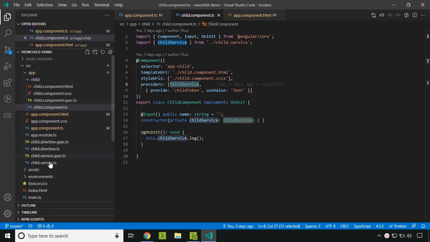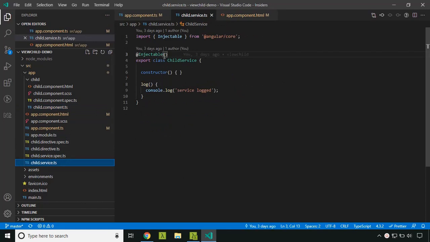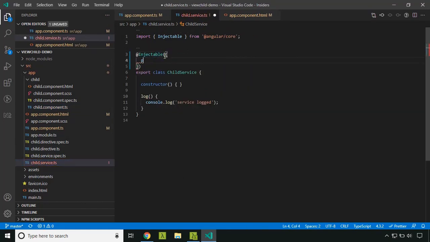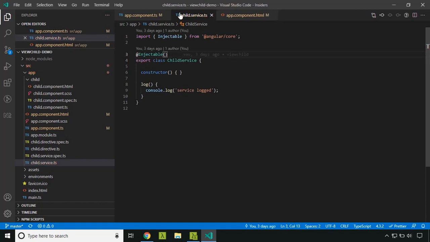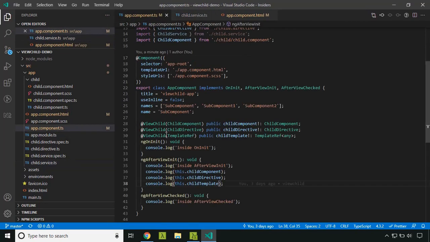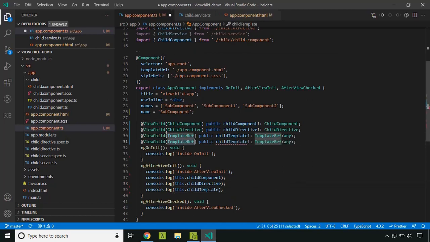But in case the child service was provided in root or something, in case I had given it like this, I will not be able to query the service. So now let's try our service. We will have a viewChild, and I will try to query the child service, and I will name the variable as childService and give the type also.